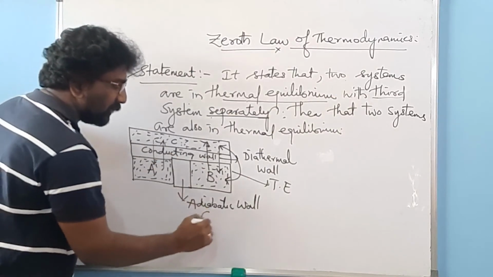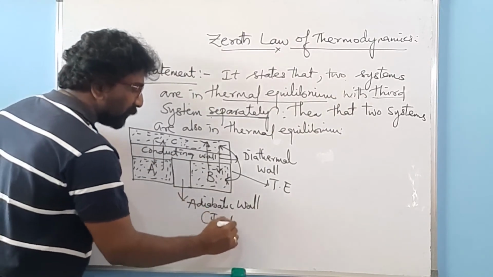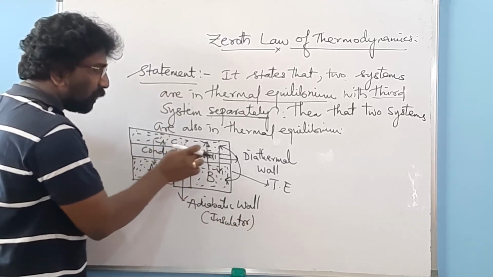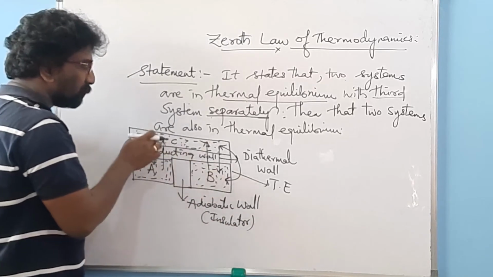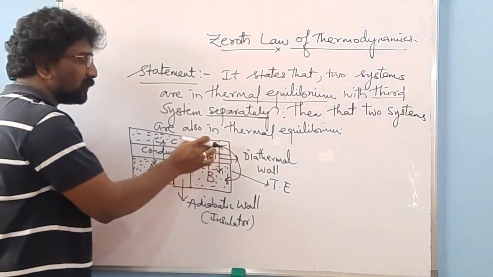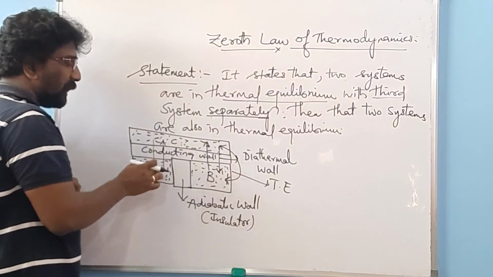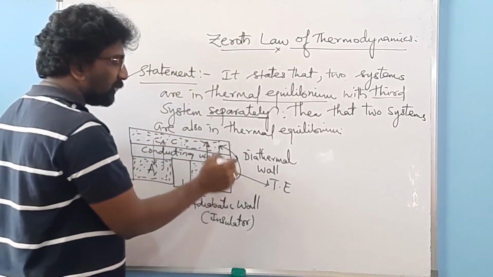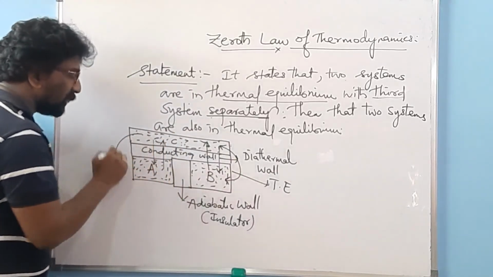It is an insulator, so you cannot expect any kind of heat transfer between A and B. There is a conducting wall between system B and C, and also between system C and A. So the heat transfer only takes place between C and B and also C and A. Because of this heat transfer, system C and B and system C and A will come